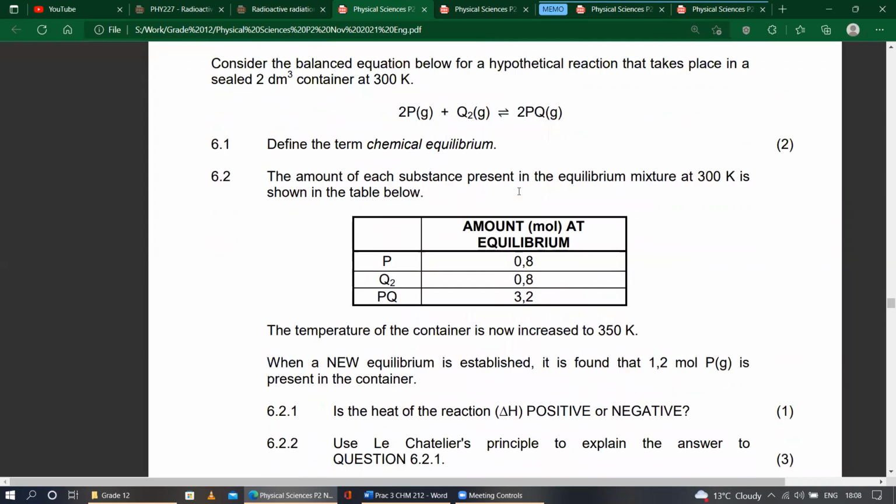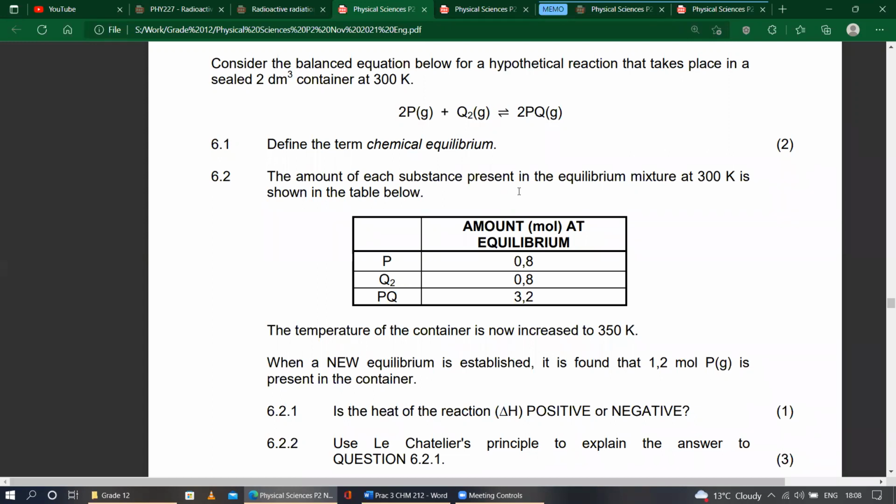So the first question is to define chemical equilibrium, but we're just gonna skip through that because it's not really necessary. So we're gonna get into